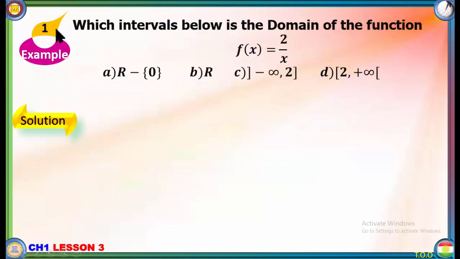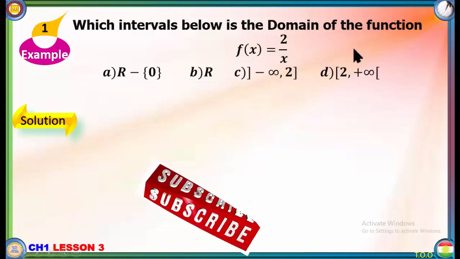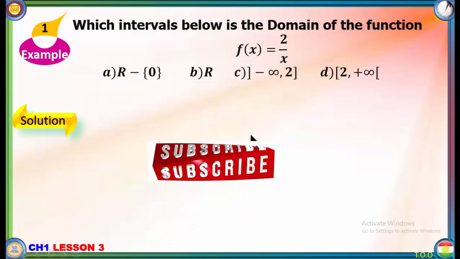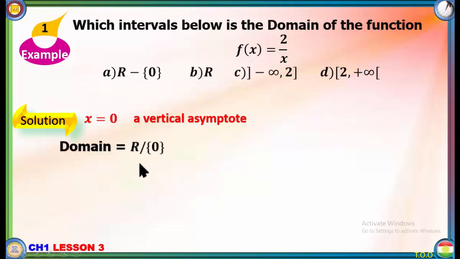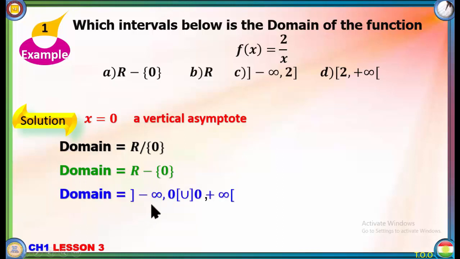Example number 1. Which interval below is the domain of the function f(x) equal 2 over x? Because this function is an odd rational function, take the denominator x equal to 0. Then it is a vertical asymptote. Then the domain is R except 0. We can write the domain like this, or domain R minus 0, or domain from minus infinity to 0 and from 0 to